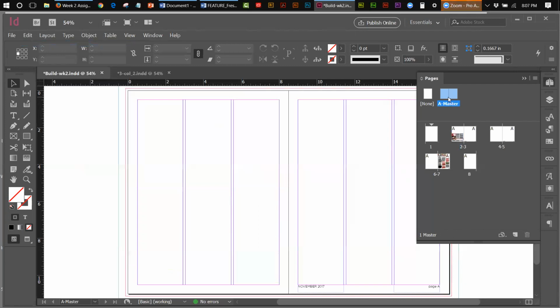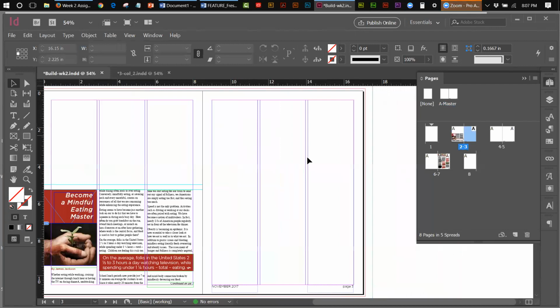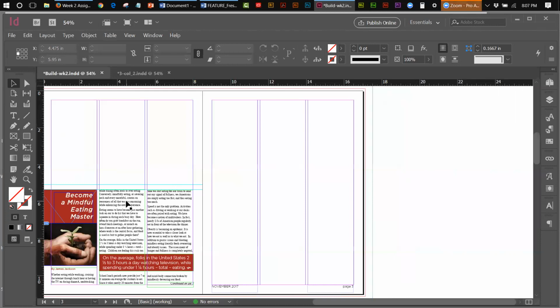And let's see what my master's showing me. Yeah, it's basically back to 3. Okay, I've determined that 3 with an eighth of an inch of gutter is what I want. Okay? So that's important. Those are the things. Now, as far as we've established a baseline grid, I am going to open up my